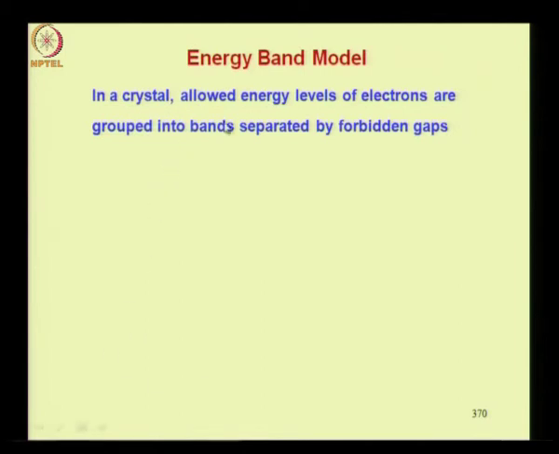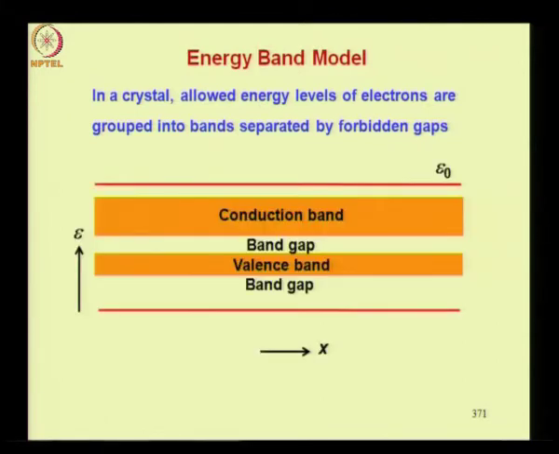In a crystal, allowed energy levels of electrons are grouped into bands separated by forbidden gaps. You know this from the first level course. To help you, recall the following diagram. This is electronic energy plotted as a function of x. This is a so called energy band diagram,